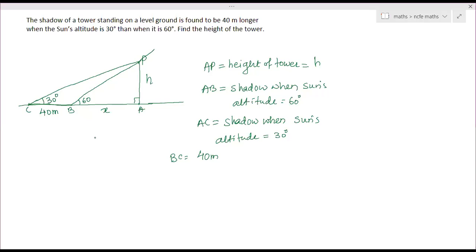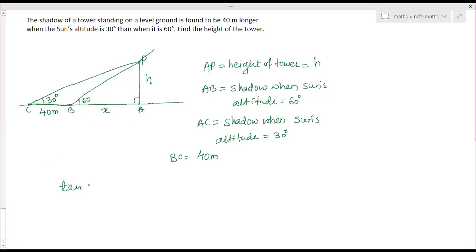So you have two triangles. Which of those two triangles? ACP and ABP. Yes, right. ACP is one right triangle, and ABP is another right triangle. So use trigonometry for that. Both triangles we have to use. We don't need to find anything about the hypotenuse. We need only the adjacent and the opposite side. So use any ratio, commonly tan.